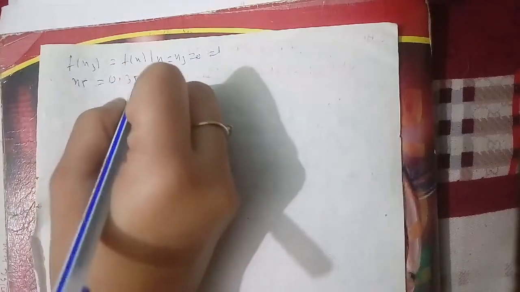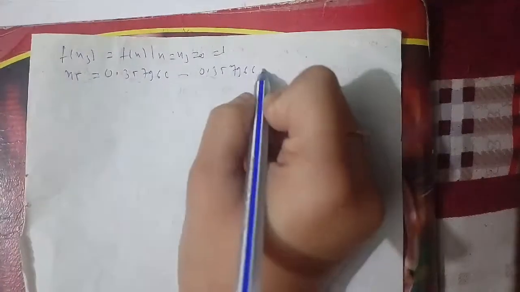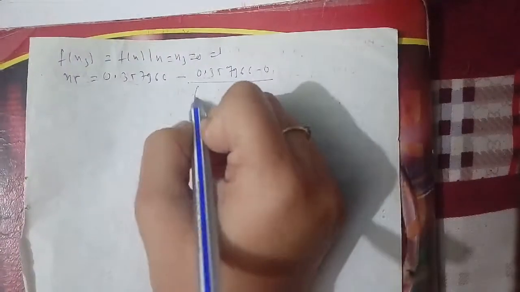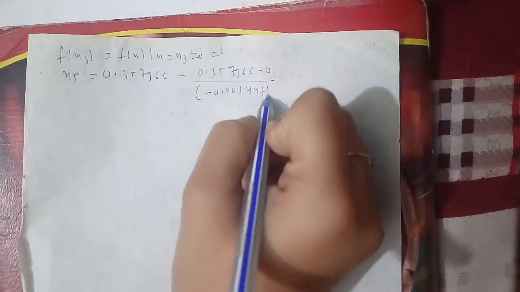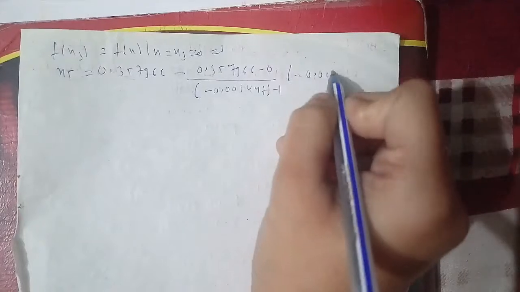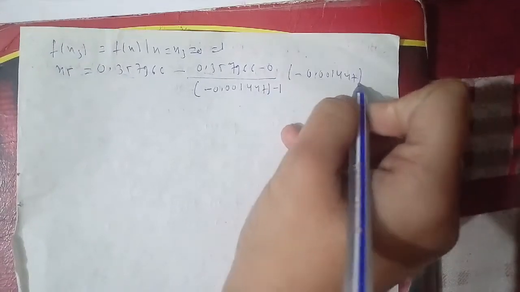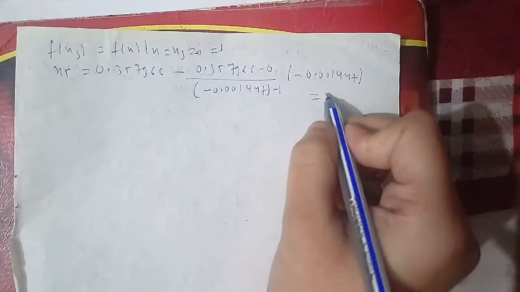So x5 equals 0.357966 minus 0.357966 minus 0 upon minus 0.001447 minus 1, multiplied by minus 0.001447. When we solve it further, it will give the answer